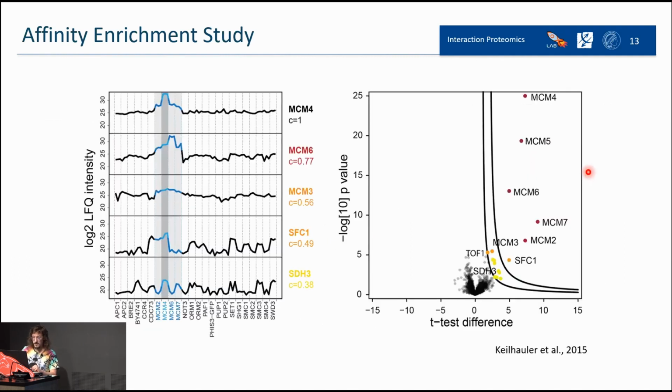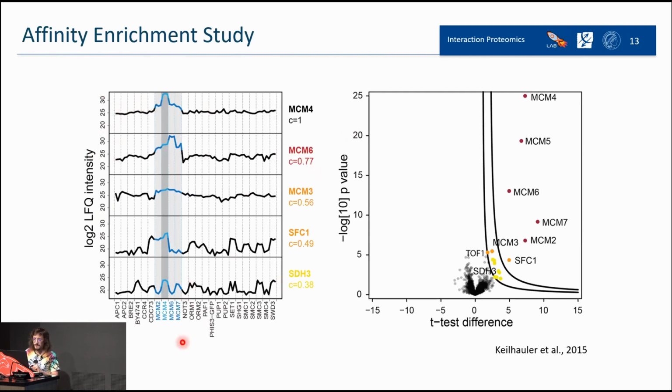Another way to further improve the data, to further be sure about what they got, they also used, with LFQ intensity, I forgot to mention that all these results were done with LFQ, the different profile plots.